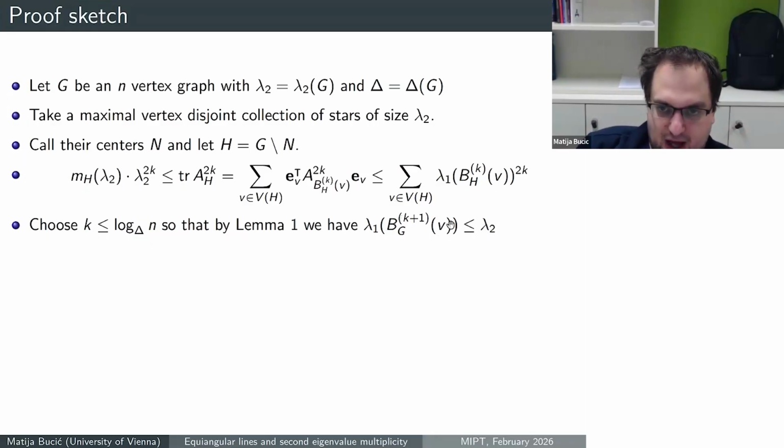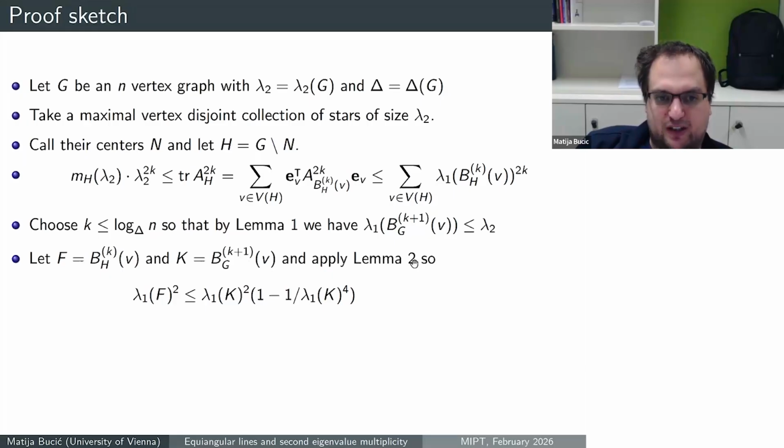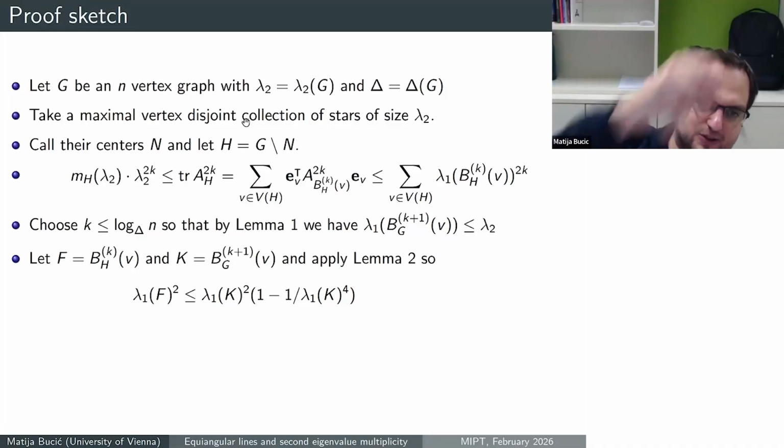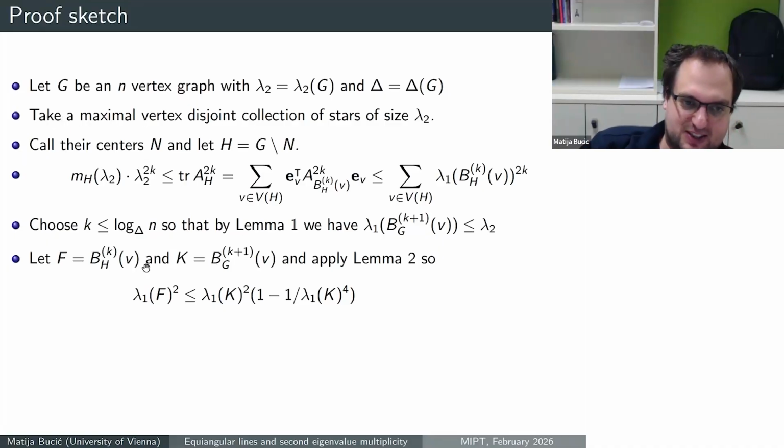Okay. So I have this nice upper bound of lambda 2 on a slightly larger ball in a slightly bigger graph. So now I want to say that this lambda 1 needs to be a bit smaller than lambda 2. And this is where lemma 2 will come into play. So we will apply it to these two graphs. One is this larger ball in a bigger graph, and one is this smaller ball in a smaller graph, right? It's a subgraph of this for sure. And also, if you think about it for a moment, because we deleted all of the centers of the stars when we went from G to H, it will actually ensure that